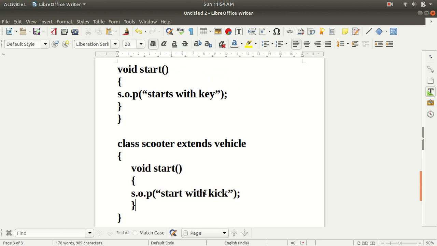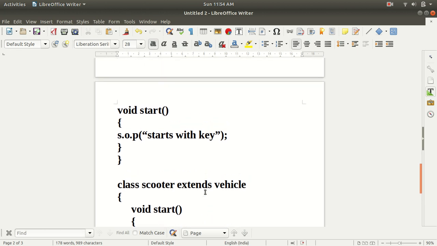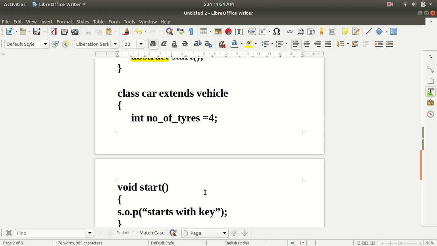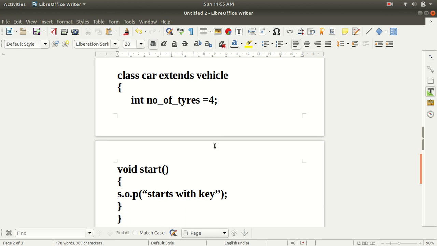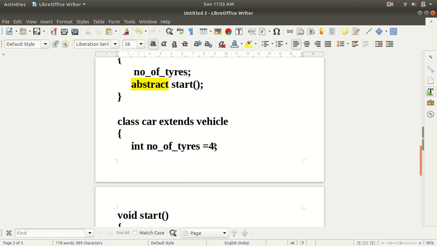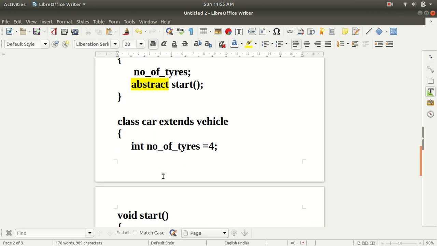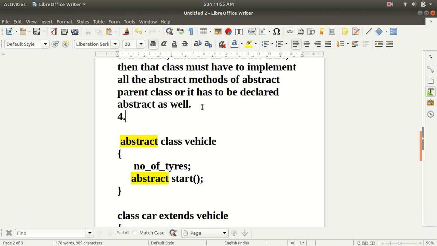If you see the example, you can see that we have done method overriding here, because for method overriding, both the methods should have the same name. And as you can see, we have the start method in the parent class, with the same name. Both the methods should have the same arguments, and should be present in different classes. We have the start method in the different classes, in the Vehicle class and in the Car class. And here you have to use the inheritance concept, and we are using it, as we have seen in the previous lecture on method overriding. So with the help of abstraction we can achieve method overriding also.